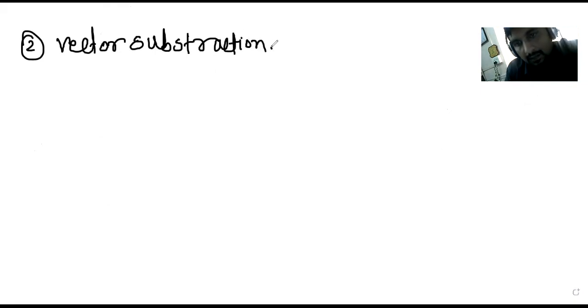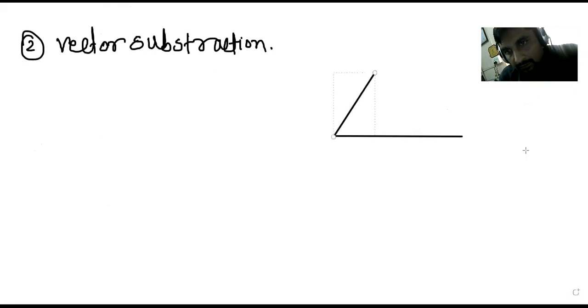Right. Just now I have discussed, like by the law of parallelogram, you can find out the resultant, right? So if this is vector A, this is vector B, this would be the final result, vector C, right? But how you can do that for subtraction? So this vector, you have to assume in negative direction. So this is vector B, right?